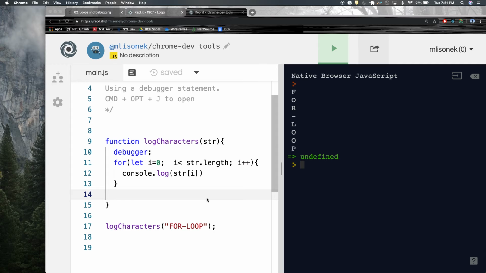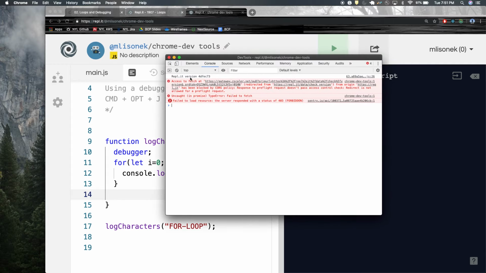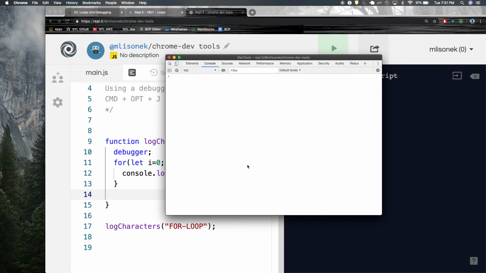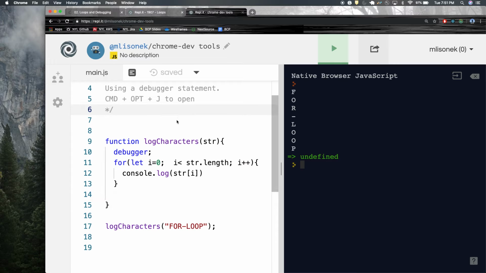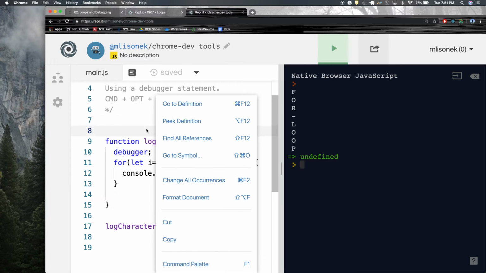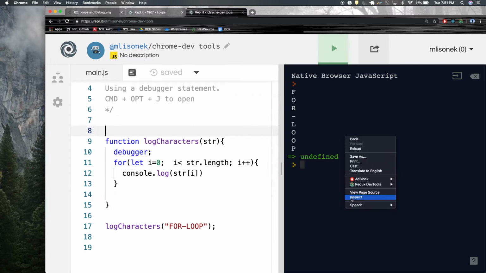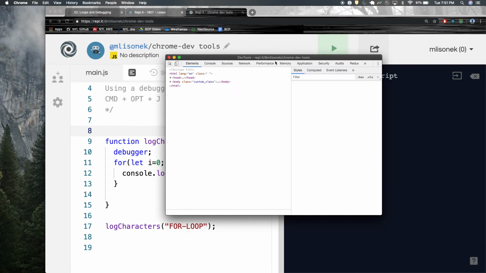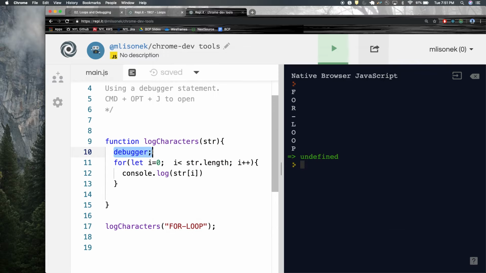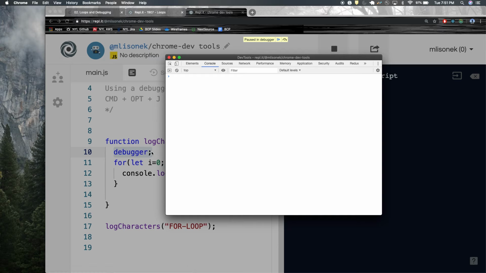But if you have this thing open, this is called the Chrome DevTools. On a Mac, it's Command J, or if you want, you can just right click, inspect, and it opens this up, and you have your console here, right? Console under this tab. So if you put this keyword in here and you try to run your code,